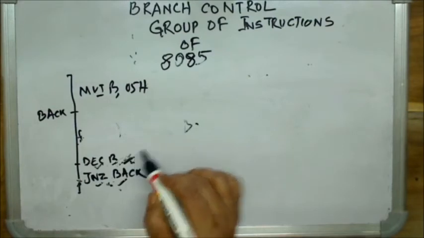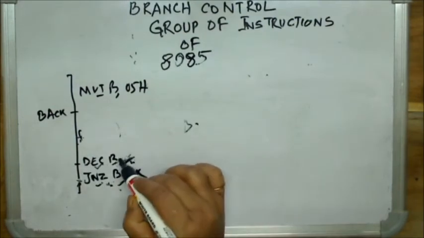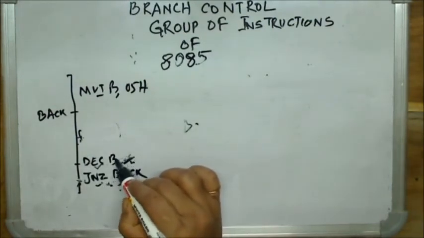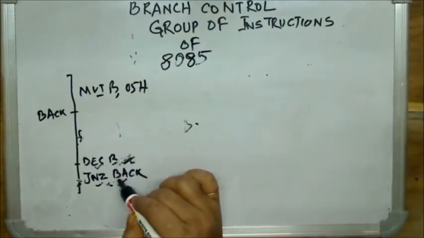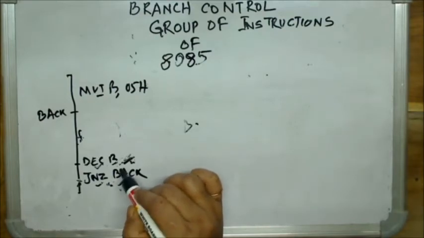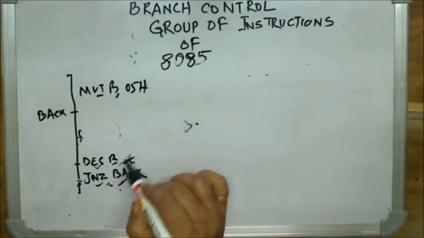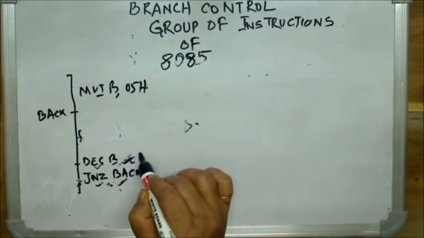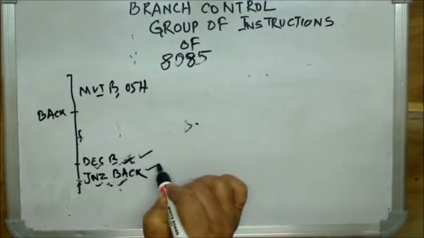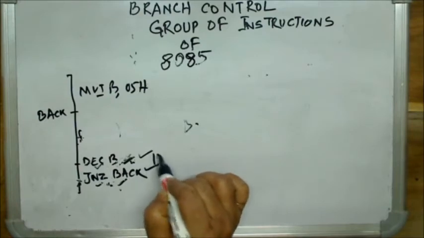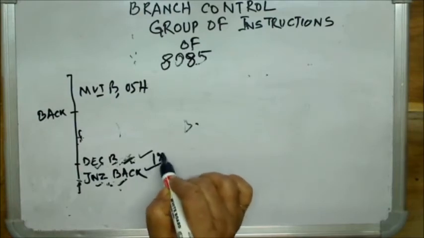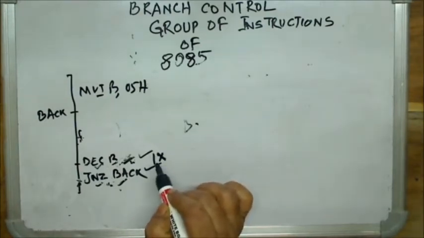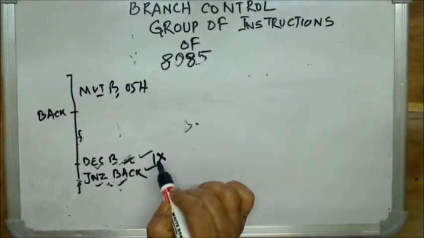So ideally you should not write any instruction between DECB and JNZ, because the conditional jump only checks the flag register. It does not check the user register. So remember this point. Between the counter decrement and the conditional jump, ideally you should not write any other instruction. I hope you have understood. So this is how a loop works.